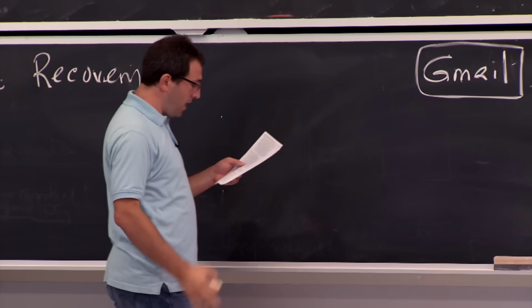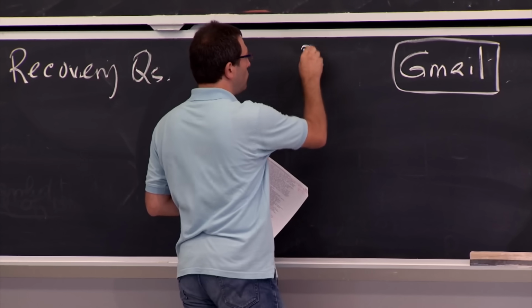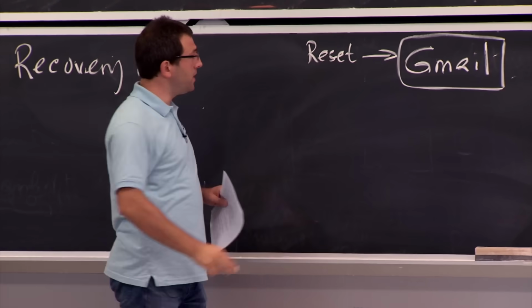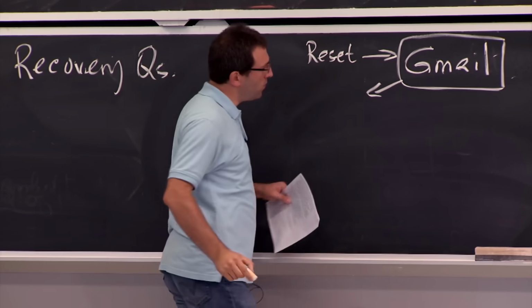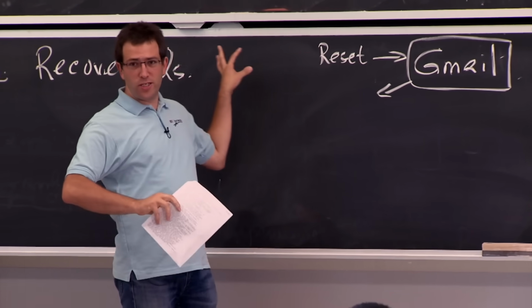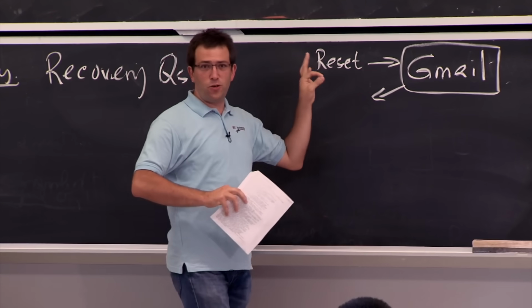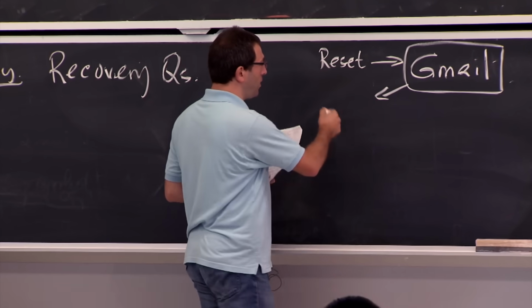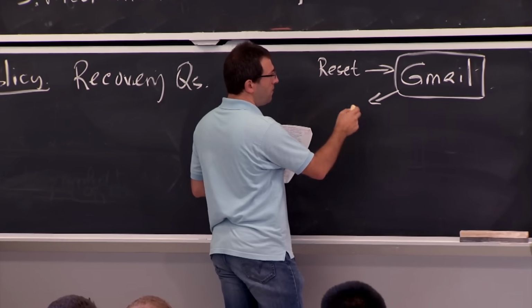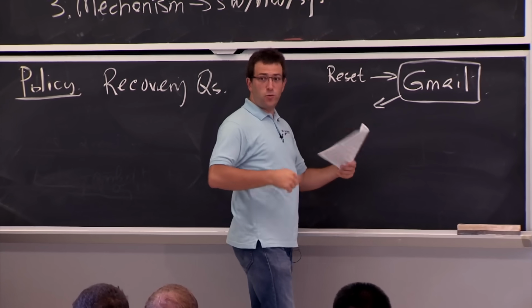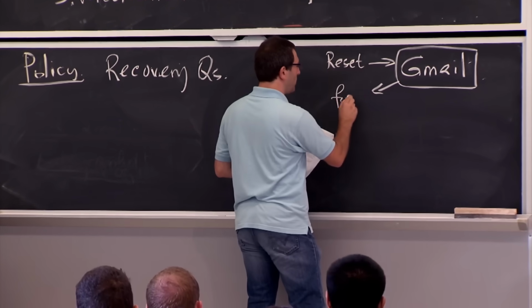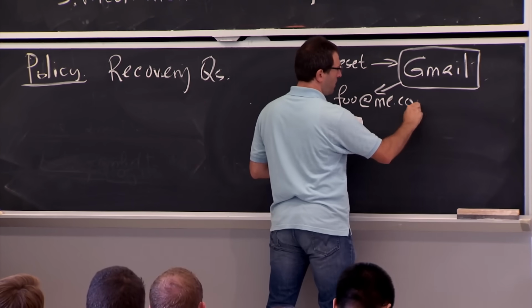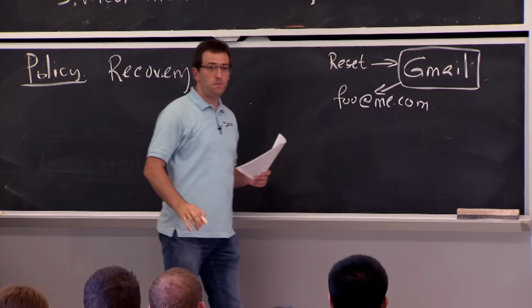every other system. And the way you do a reset at Gmail is you send them a reset request, and what they say is, well, we're not going to do recovery questions, at least not for this guy. What they do is they send you a recovery link to a backup email address, some other email address that you have. And helpfully, they actually print the email address for you. So for this guy's account, someone asked Gmail to reset the password, and they said, well, yeah, sure, we just sent the recovery link to this email foo@me.com, which was some Apple email service.